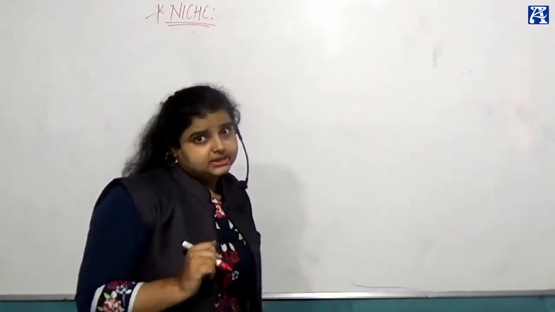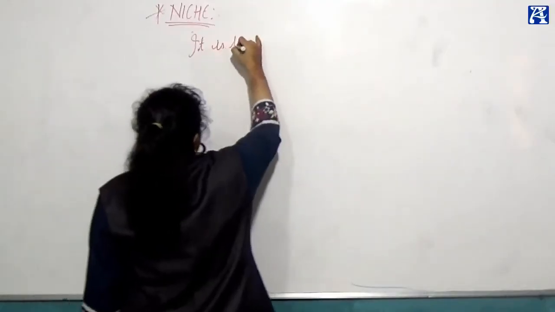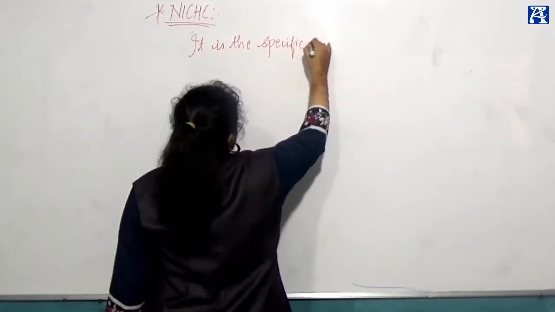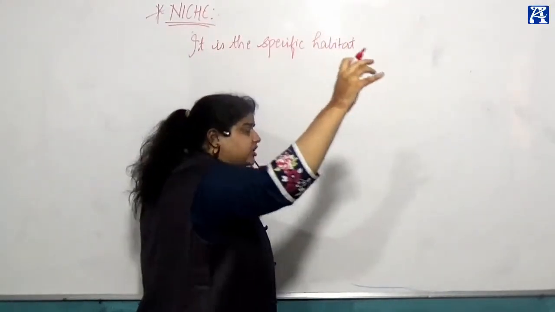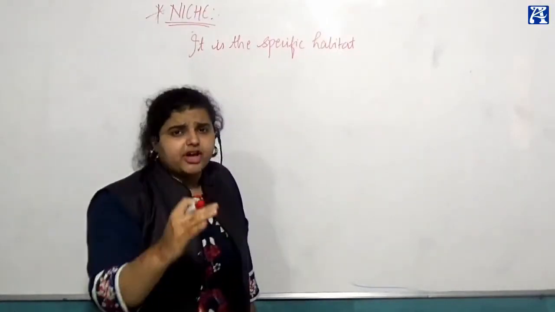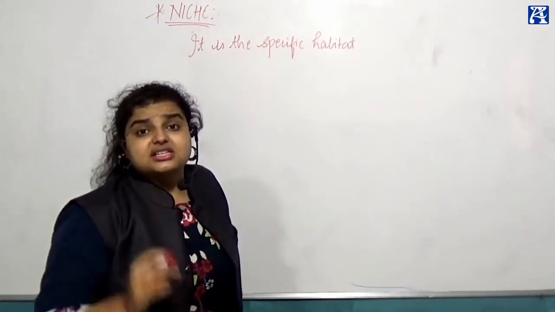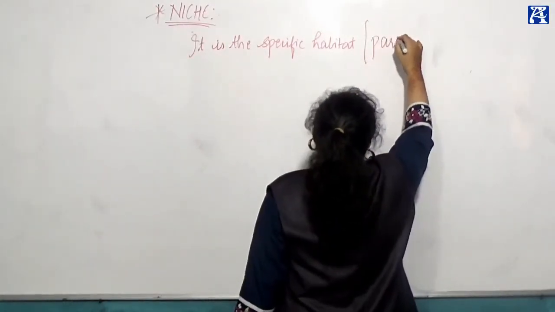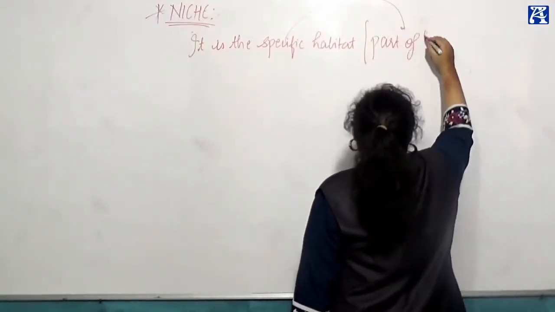Now let's come to the topic. What is the topic? The topic is niche. Niche is the specific habitat, or a specific part of habitat. I taught you habitat in a very clear way. Now just pay attention to niche. Niche is a specific habitat or a part of habitat, a specific part of habitat